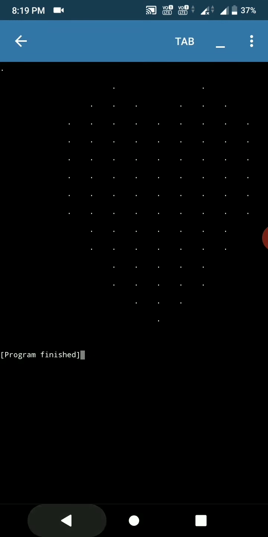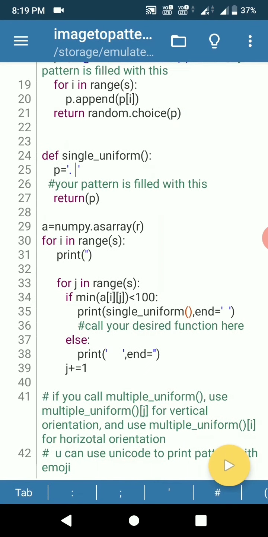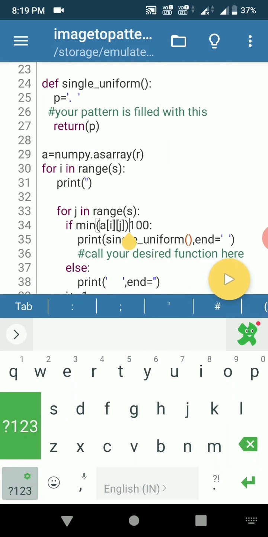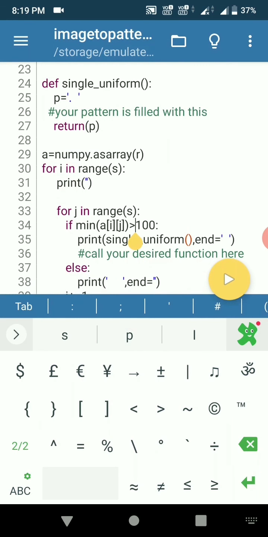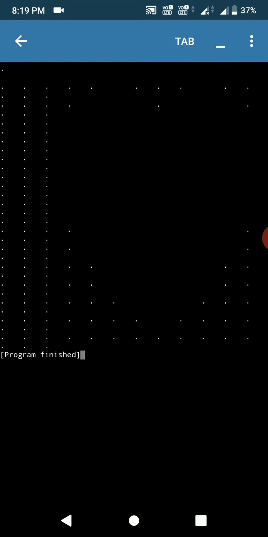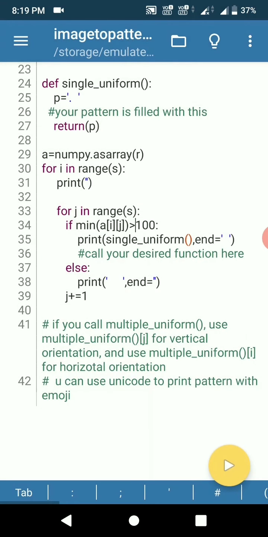If I want the dots to fill outside the heart, I just change this less than to greater than. If I press play, you can see here the dots are outside the heart and there is nothing inside the heart pattern, so it's also a heart pattern.